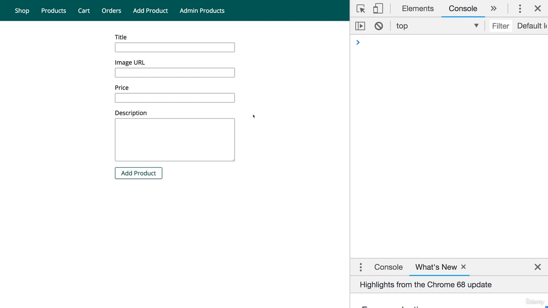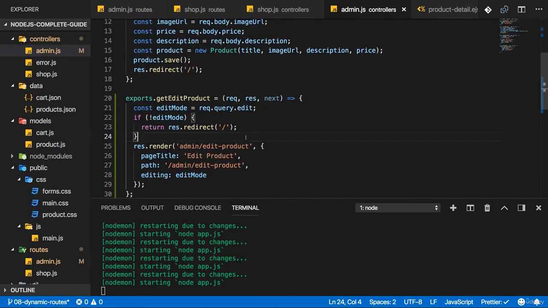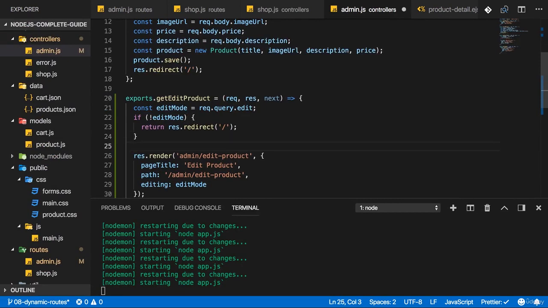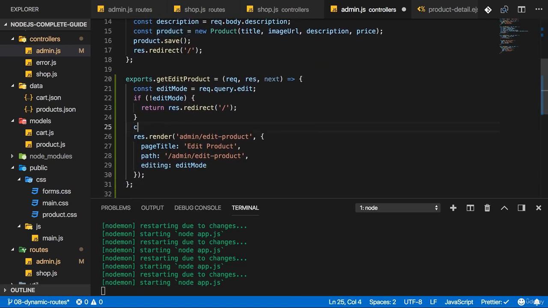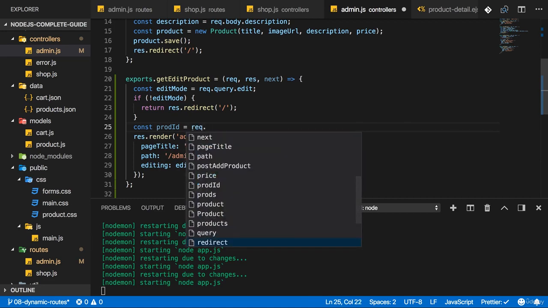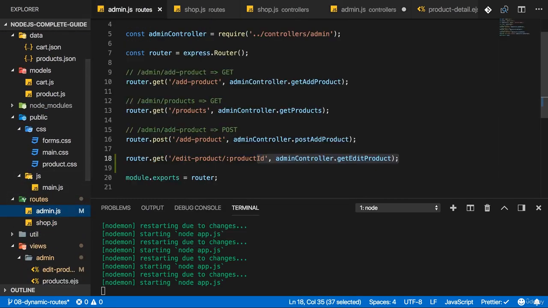So to pre-populate this form with the product data, we need to fetch the product first. So if we're in edit mode here, after not being redirected, then I want to get my product information. For this, I need the product model, which I already have, and I need the product ID. Prod ID can be retrieved from the incoming request, because if you check the routes real quick, we have that